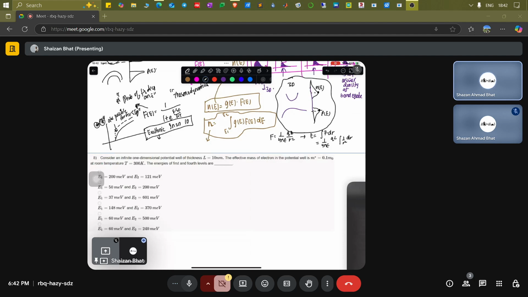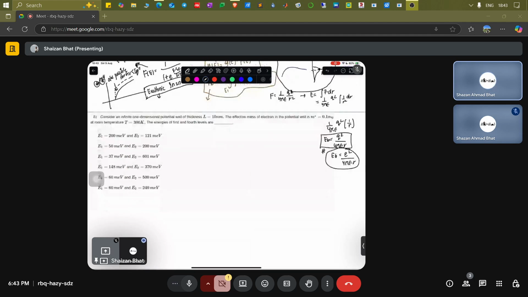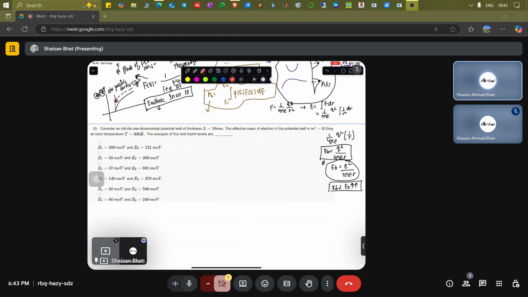So this will be 1 over 4 pi epsilon q square, 1 over r. Let's not talk about signs here right now. 4 pi epsilon r. This is binding energy. That means the binding energy is the electronic charge square over 4 pi epsilon r. So if you go on reducing the r, the exciton binding energy increases. If that increases, that is going to impact this particular energy shift, and it will be visible in lower dimensional systems, because in lower dimensional systems you are reducing the overall size, overall r.